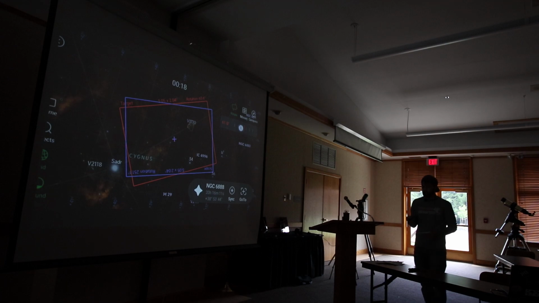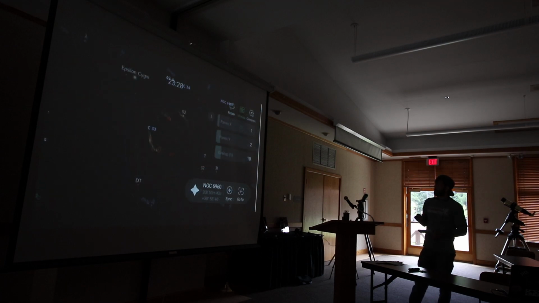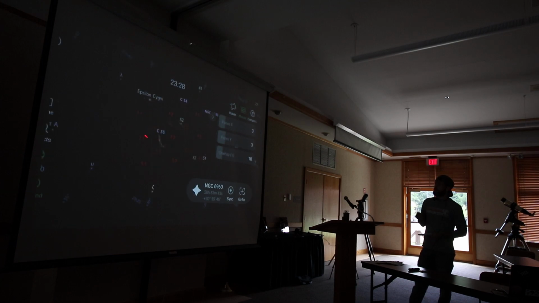Pictures until it's centered right in the middle. And mosaic, you can add panels, overlap, how much overlap you want between the panels. You can do up to as many panels as you want here. And like I said,